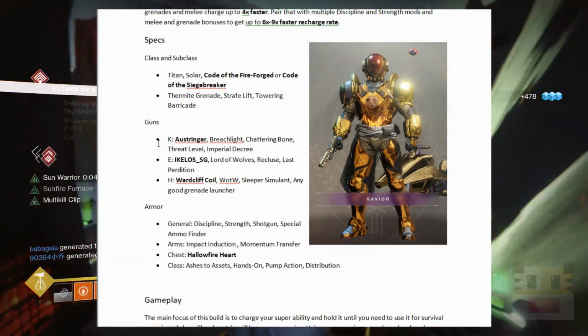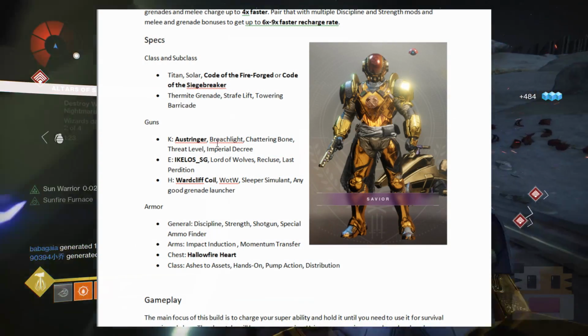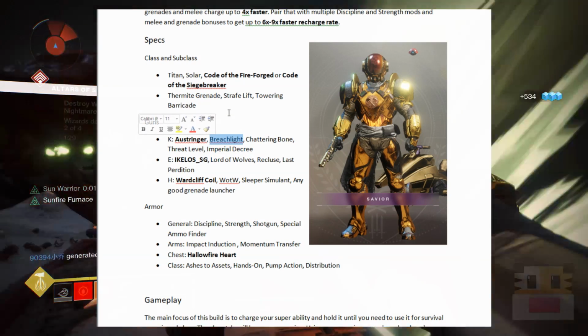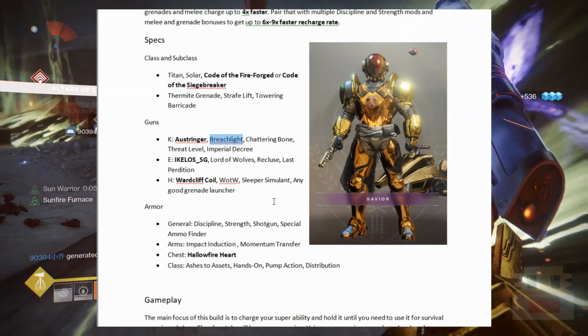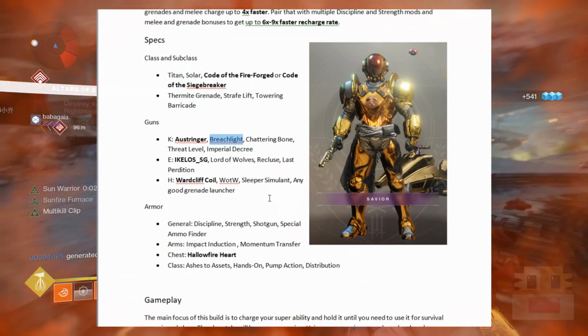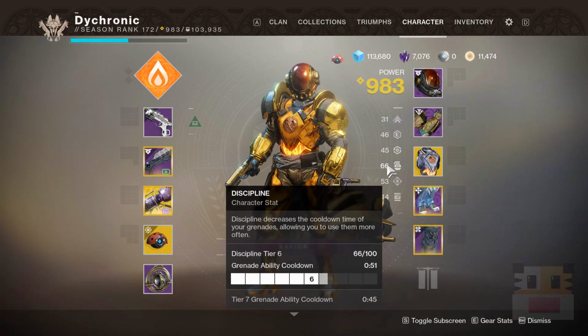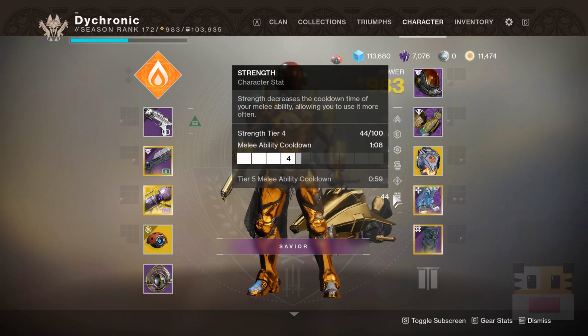There are also a lot of other alternatives. For example, throughout this video I was using my Breachlight because I don't have an Owlstringer with Demolitionist, and there are a lot of other alternatives that you can use as well. As long as you're using a shotgun with Trench Barrel, that is going to be the crux of the strategy. Next up, for the armor, generally you're going to want to have a lot of Discipline, Strength, Shotgun, and